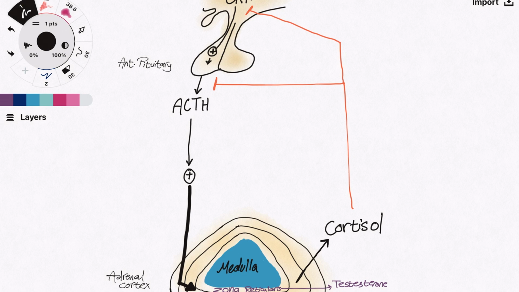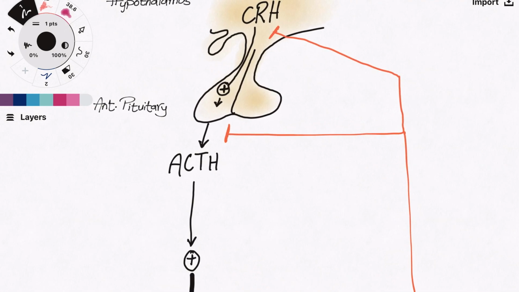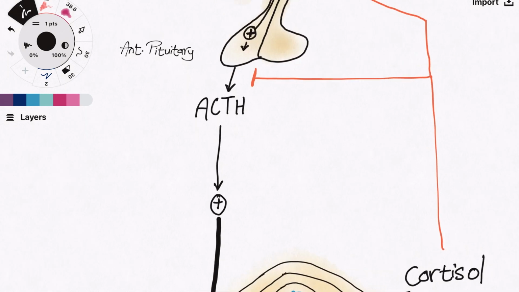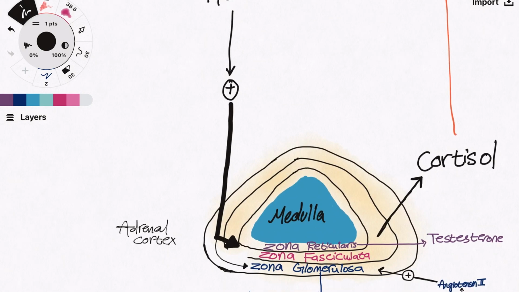So let's get started with revising the physiology behind the regulation of the adrenal cortex. Now, as you know, the adrenal cortex is the bottom of an axis which we call the hypothalamic pituitary adrenal axis, or in psychiatric fields they also call it the stress axis, right? The hypothalamus starts by producing the corticotropin releasing hormone, or CRH, which positively induces the production of ACTH from the anterior pituitary, right? And then the anterior pituitary responds by producing ACTH, the adrenocorticotropic hormone, which is going to act on